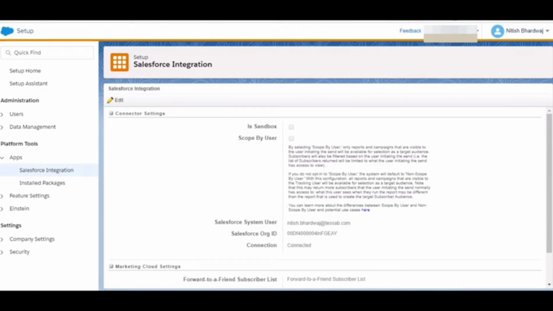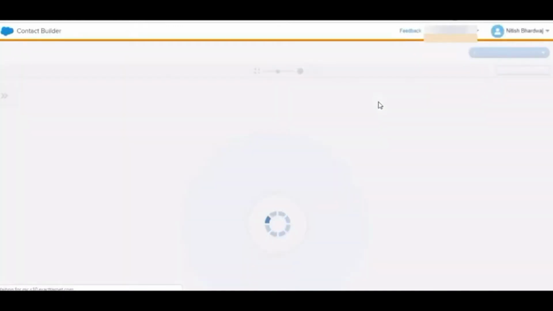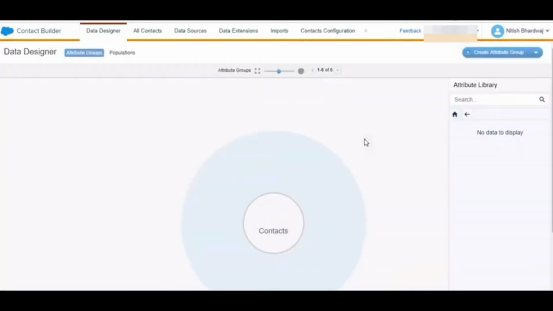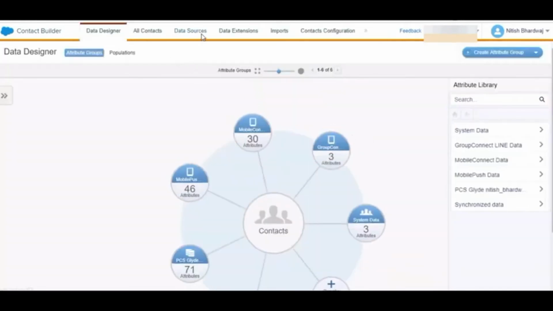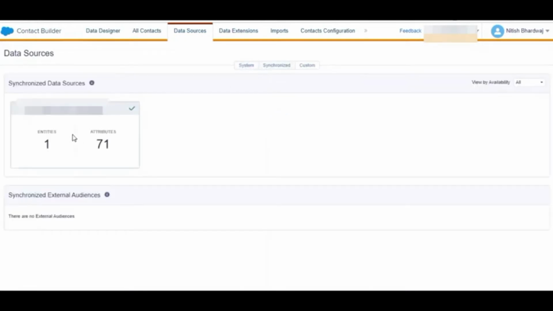After making a successful connection between Salesforce Service Cloud and Marketing Cloud, we can go to Contact Builder, and then to data sources, and after that synchronized objects.